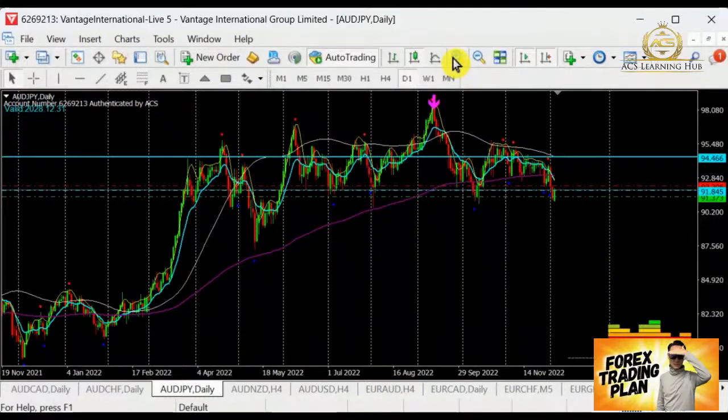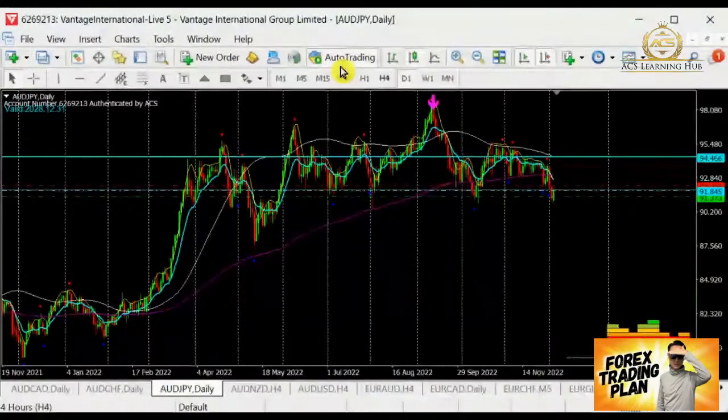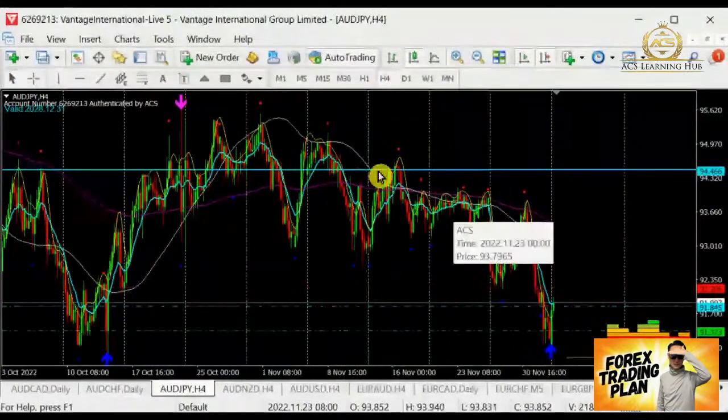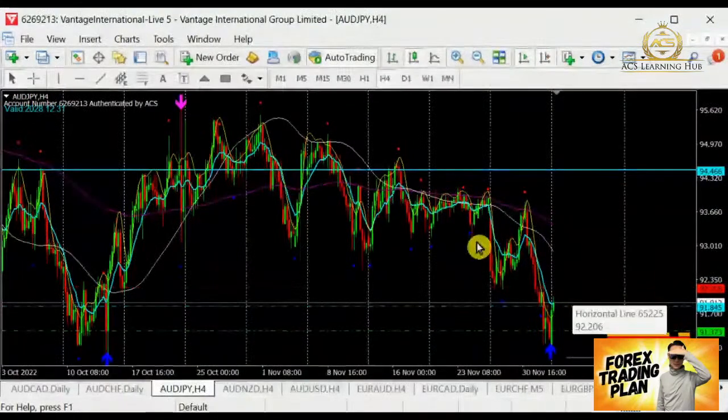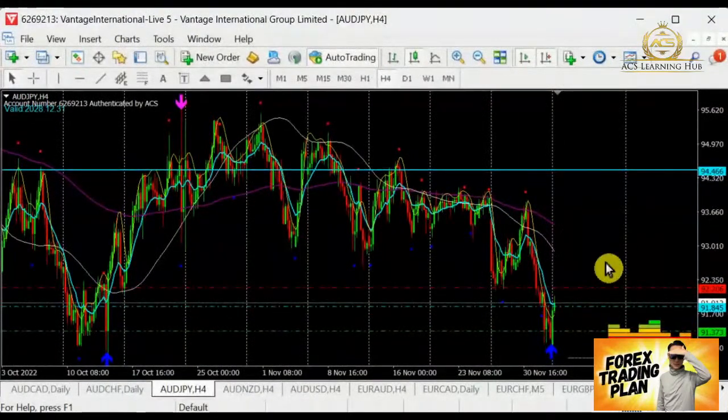So we can look out for Aussie yen to sell. However, we still need to assess whether there is any support, like last week we were talking about this support. It has broken the support now, but it has bounced back into the buy side. So very highly likely we are still looking for it to test on the resistance over here